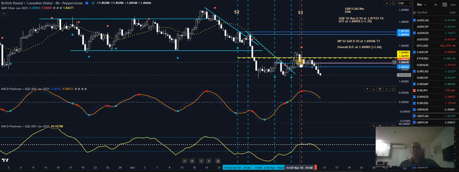Then I got the sell. So it's just a basic hedge MP sell, which is there, and it's come down nicely. So now the target for the sells, obviously, is the MP MACD Platinum 0 level, so looking for that. The two dashed yellow lines are the overall break-even for the buys. I've got 4 buy trades on. And the solid yellow line is the break-even for all trades. So the 4 buys and the 1 sell.